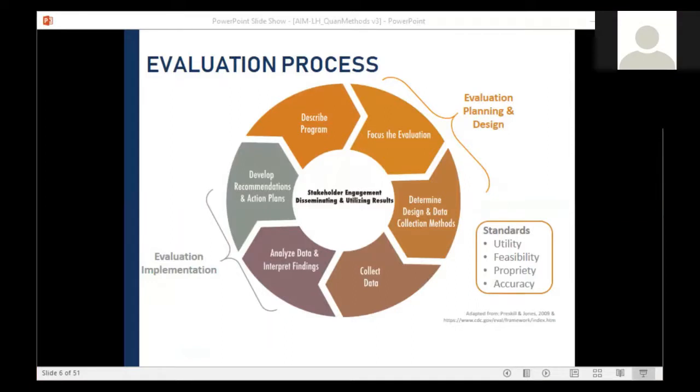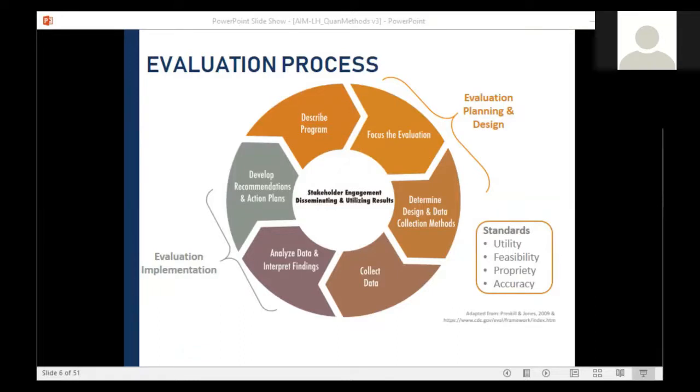All right, so we're coming back to this evaluation framework or wheel that was introduced by Nancy Miller from the Brown School Evaluation Center back in webinar 1. It's our guidepost throughout the series, and it's really helping us to ensure that the evaluation activities and results that we get from our evaluations are useful, feasible, suitable to the evaluation need, and accurate.